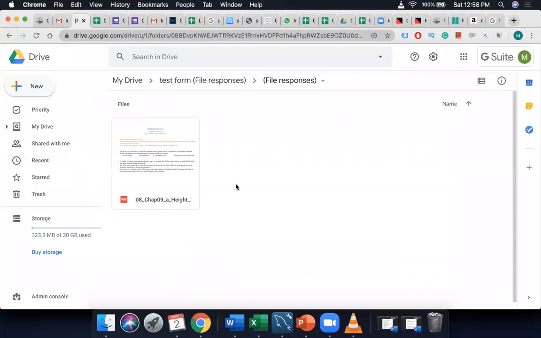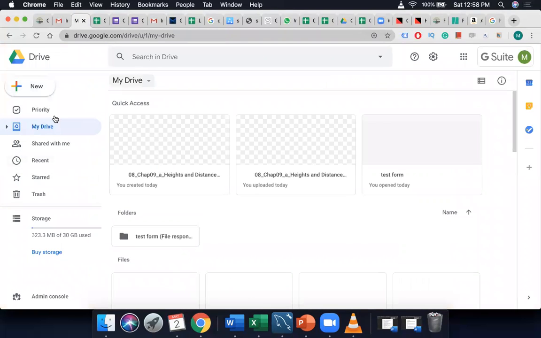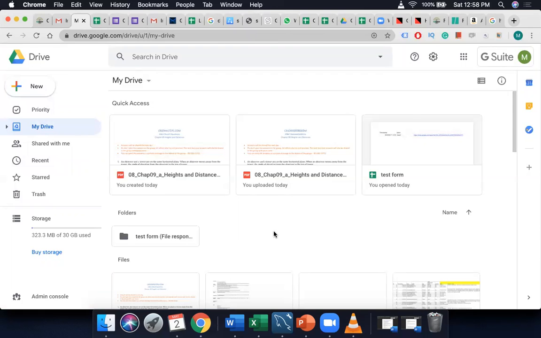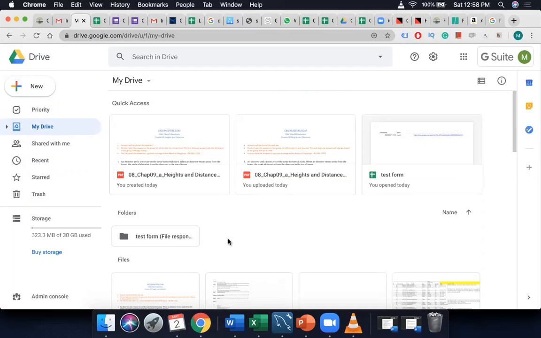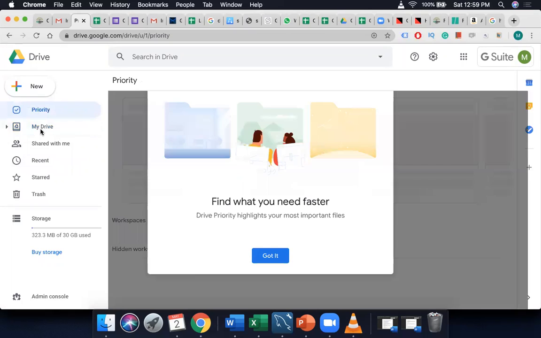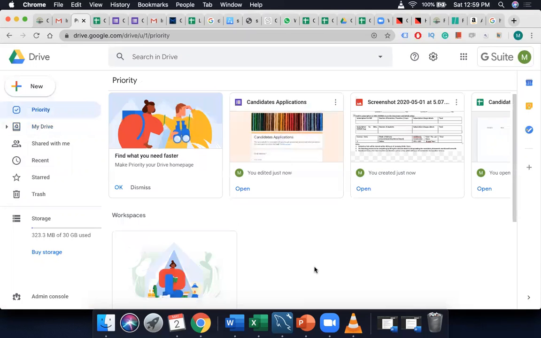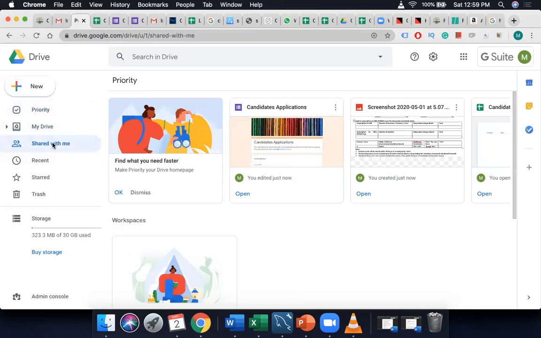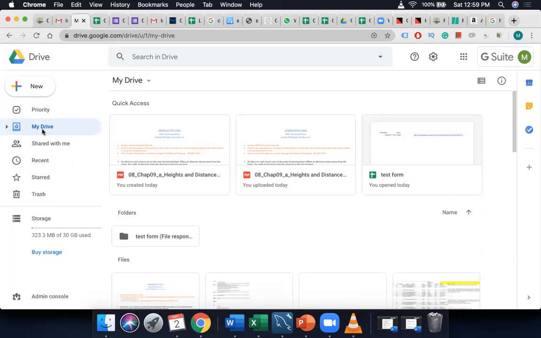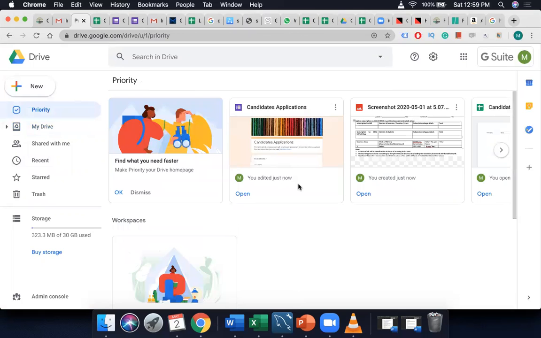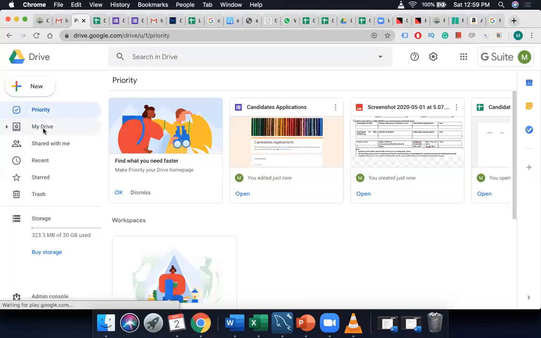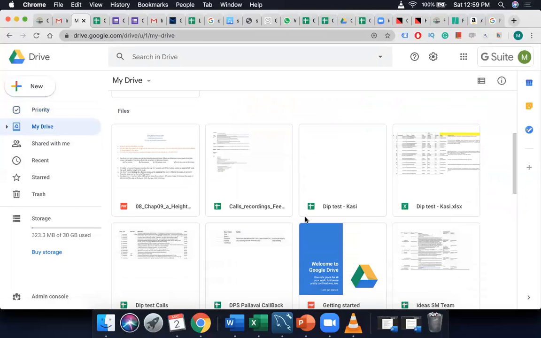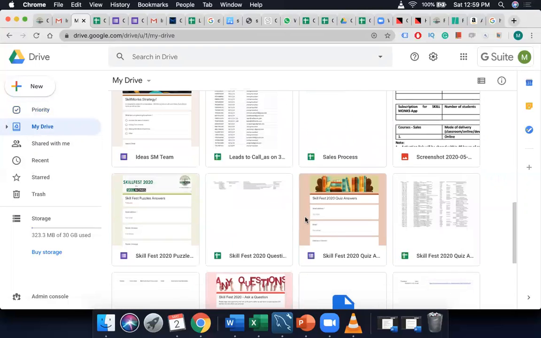So now if I go to my drive, I will be able to see this. Where is this? The top one only, and priority second. This is the edited one. I'm just thinking, where is that other form, the file that I submitted?